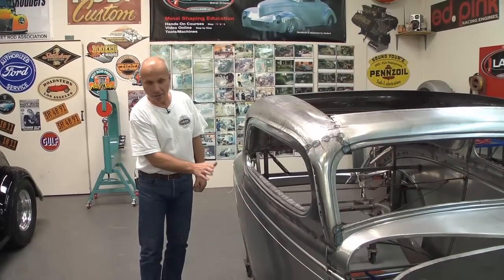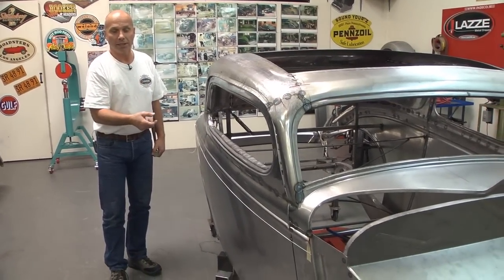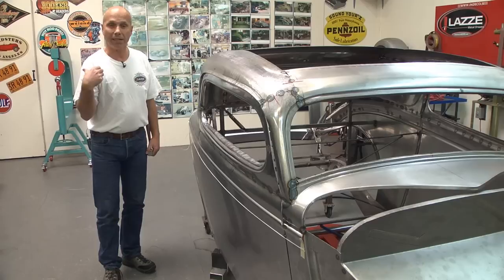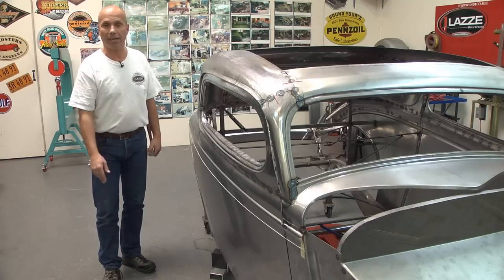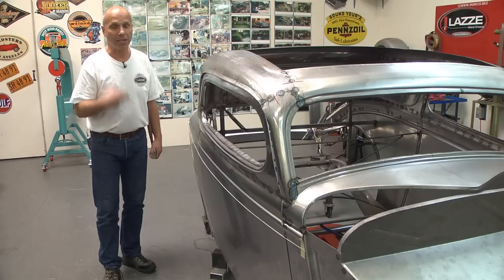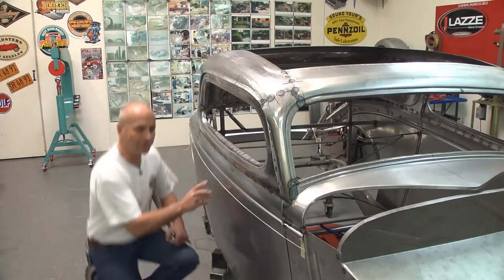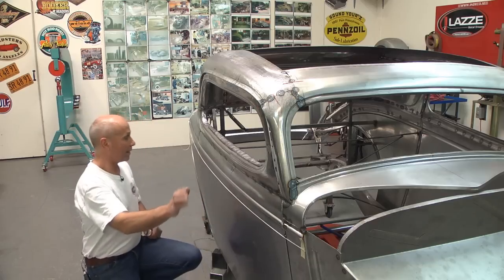So now I'm going to go over to the steel body, and I'm going to put the tape and the line over there so you can see that on the steel body as well. So now I put the line over on the steel body, and as I said before, when I built the black car, I couldn't make the whole thing, but today we can make everything from scratch from flat sheet metal because I have so much knowledge today. So I put the line here, and as you can see on this line as well, this has a good